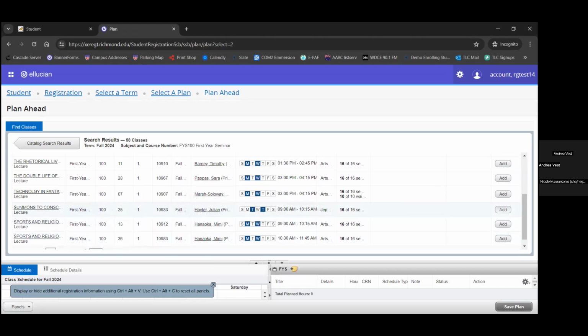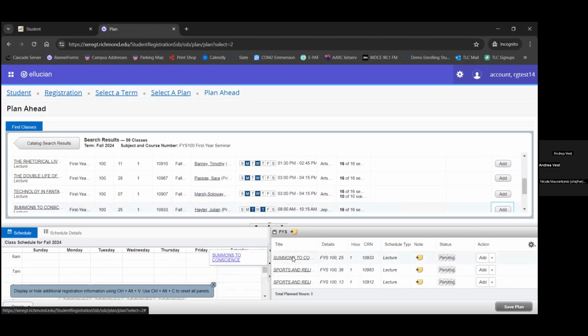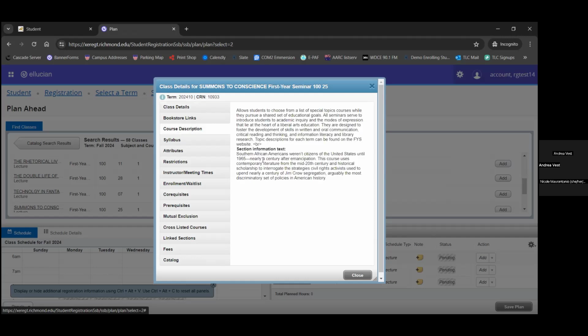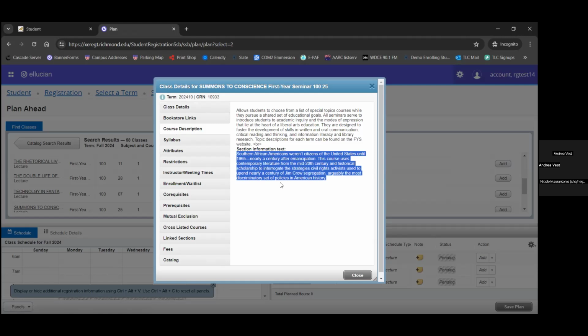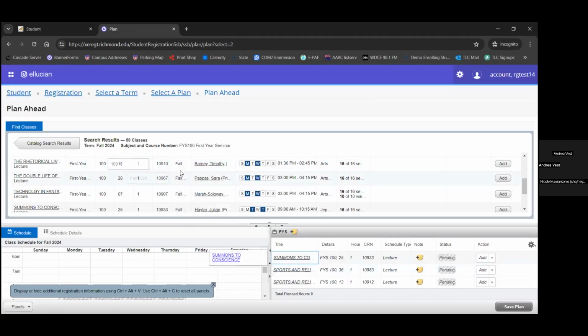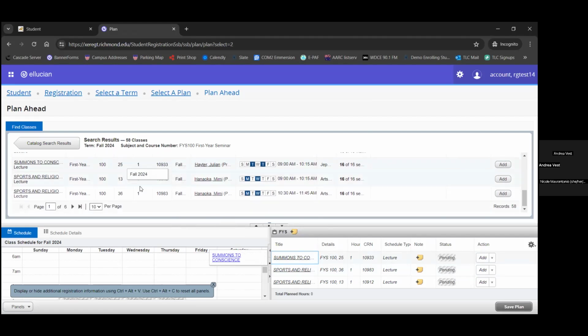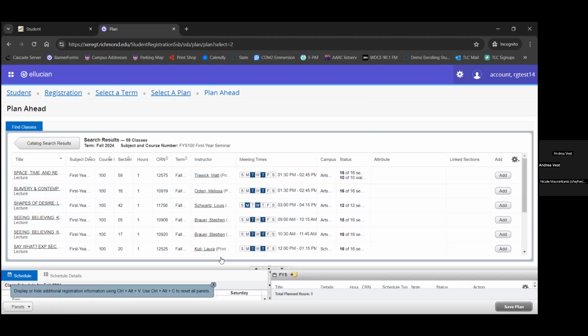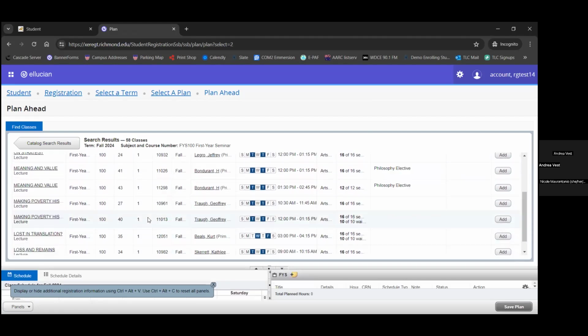Great. Which we will add there. We'll take a look at the course description and see under the section information text the description for the course. So if you are interested as you're scrolling through Banner and would like to see the course descriptions, you can find those here. So as we search through, we're also maybe curious about what other courses might be available. So paging through, you see under the course titled Meaning and Value, looking across to the right-hand side of the page, it's listed